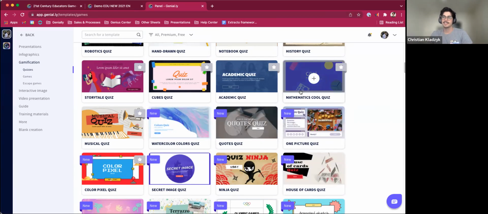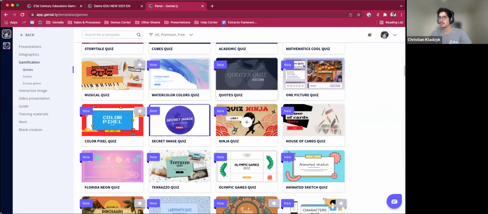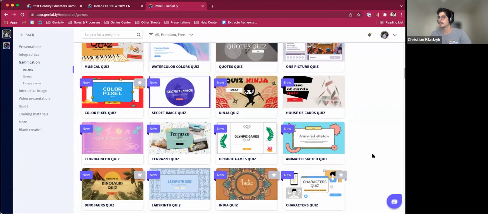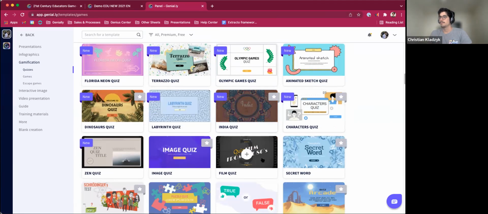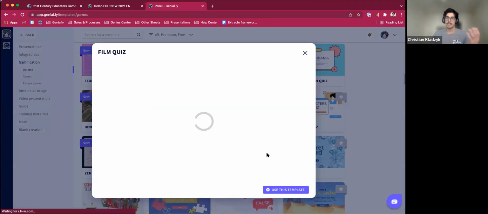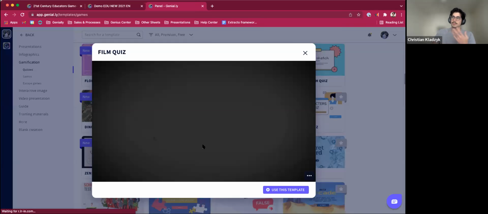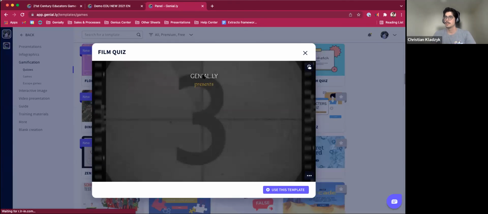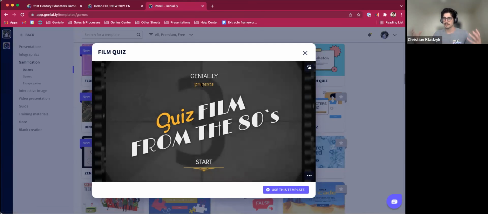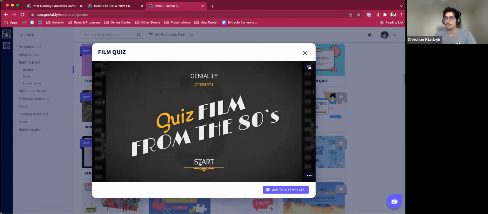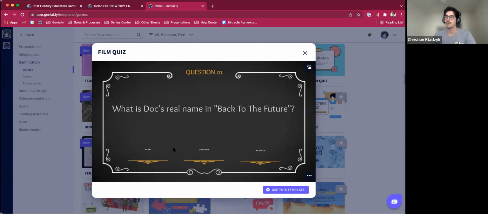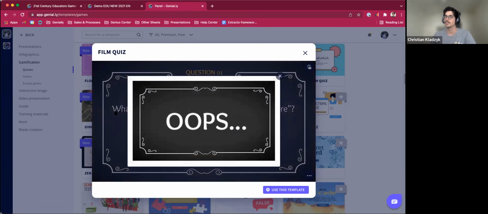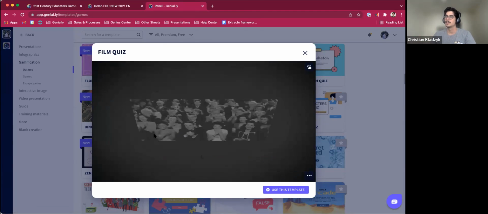You can go in, see a design that appeals to you. And I'm just going to click on a random quiz. If the design is interesting to you, you can go ahead and click on it. View the design. You'll see that there's already beautiful animations popping up with one click, and you can preview the interactivity. See what the logic is, what pages pop up if you get something wrong, if you get something right,